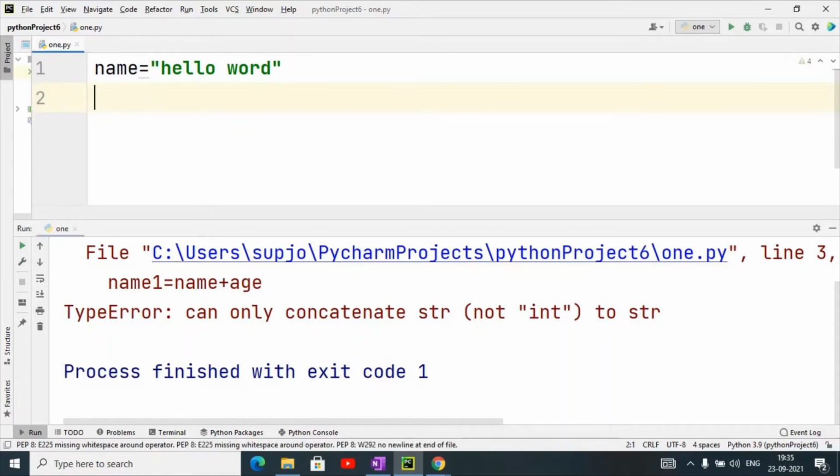So how can I reverse this string? Any idea? No, sir.